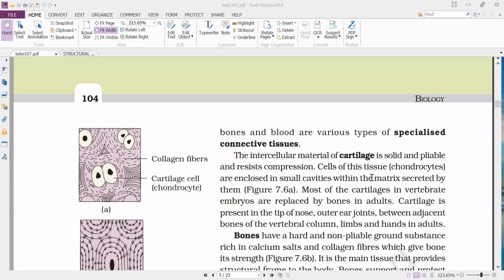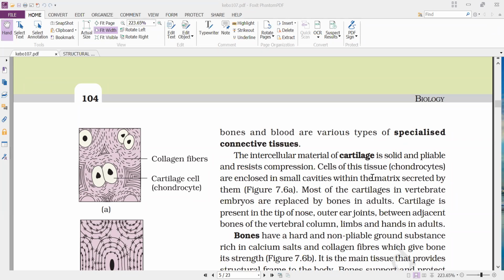But in some parts of the body, the cartilage still remains as it is. Cartilage is present in the tip of the nose, the outer ear, that is the external ear, and